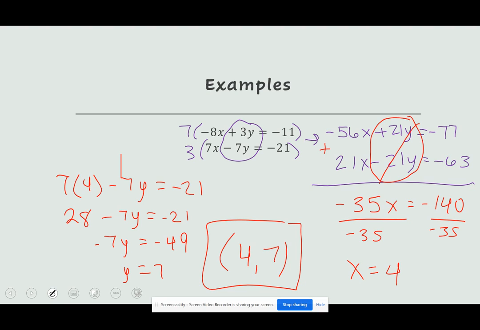So sometimes, like in that first example, you don't need to multiply anything. You can just add straight down and a variable cancels. Sometimes you have to multiply one of the equations, even if it's just by negative 1. And sometimes you have to multiply both of them to make something cancel out. So this is our elimination method,